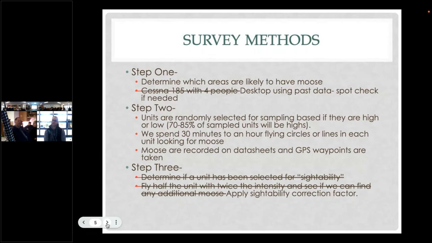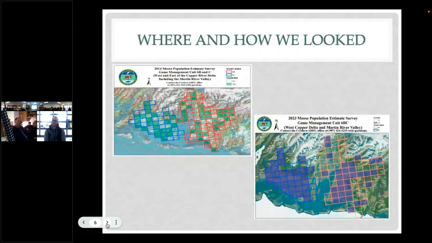I was all in. Okay, so those are the main steps to doing the survey. So I'll show you the difference between this previous survey where we did the stratification flight, and you can tell that the sample units are pretty evenly distributed through the whole area. In the green are the selected units that we sampled, and the purple are the ones we did this year. So you can see a higher concentration of sampled units